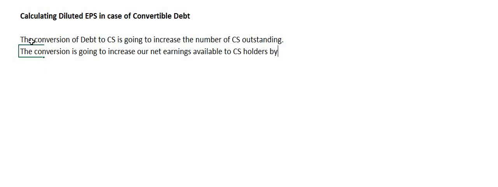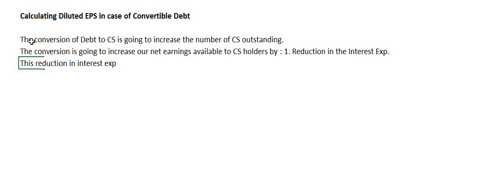Now, by what amount? By number one, reduction in the interest expense which was paid on this debt, and number two, now this reduction in interest expense shall increase our income tax expense. So in our diluted EPS,